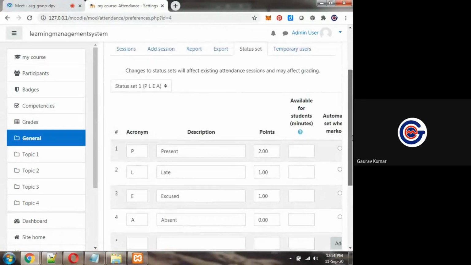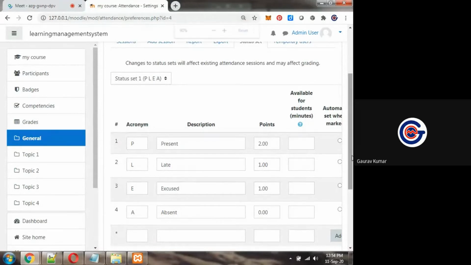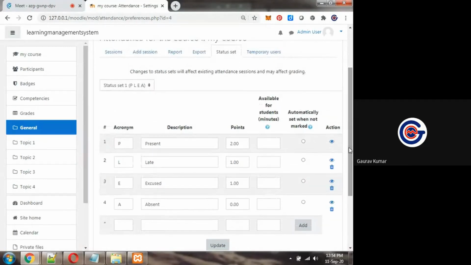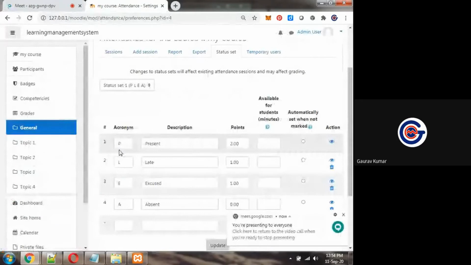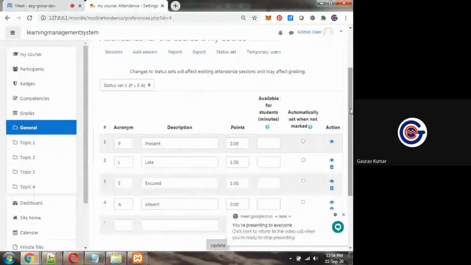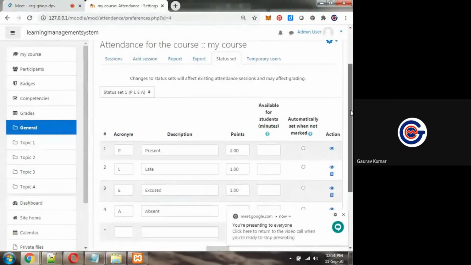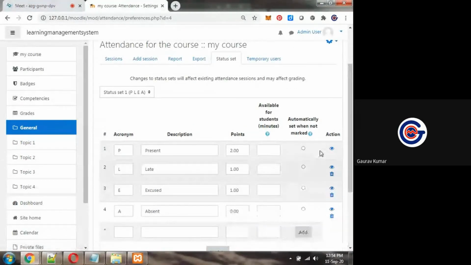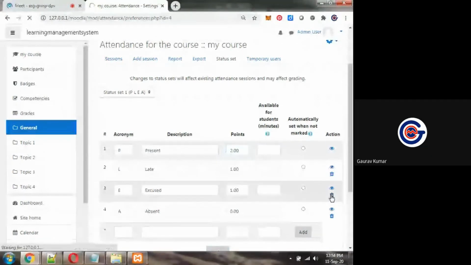On click of this status set tab, I want that only present, leave, and absent should be visible. Which status do I want to put? For present, 2 points, for late 1, I don't need this excused, so remove it. So we can remove this excused and continue.